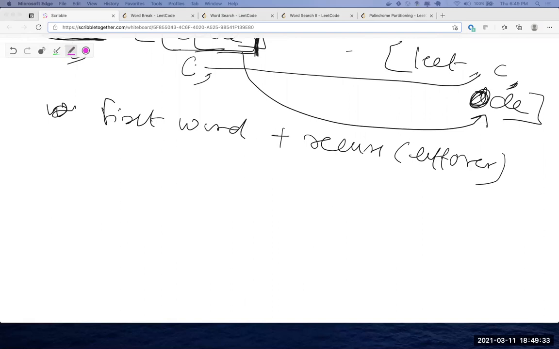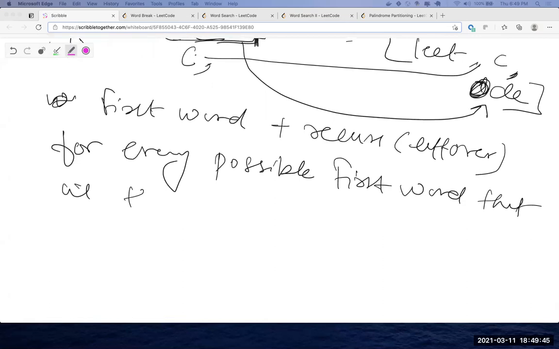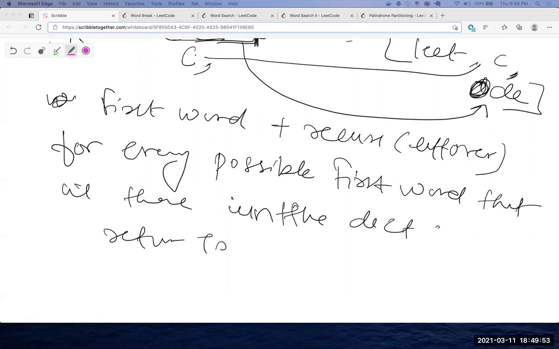Basically, what you're actually doing is, for every possible first word that is there in the dictionary, return true if you can recurse on whatever is left over.